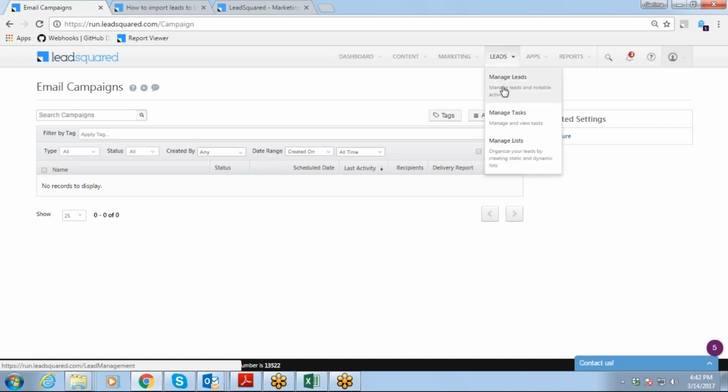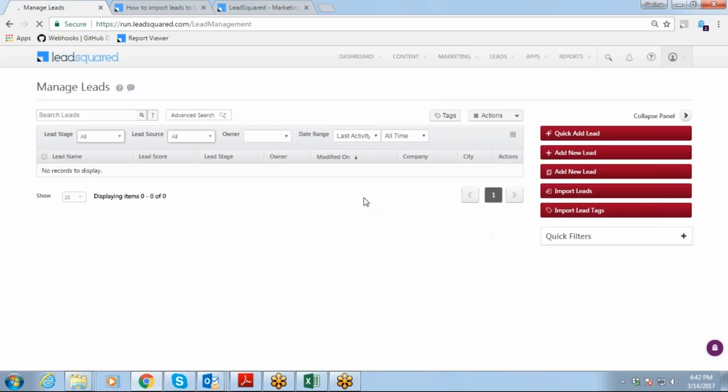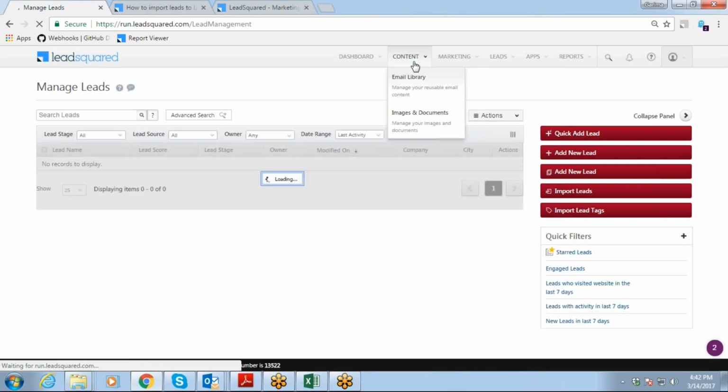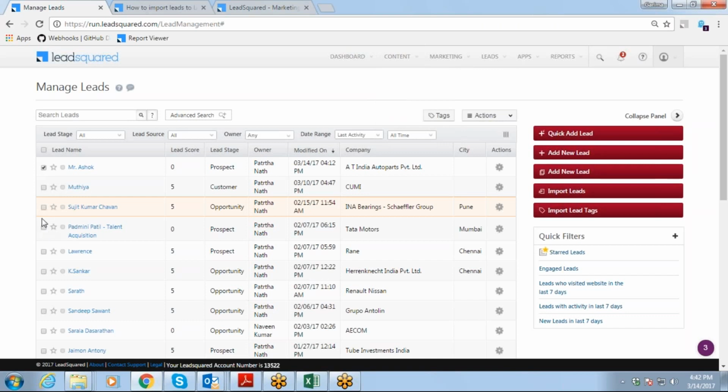So if you want to send emails to your leads, don't go for this marketing tab. You can send one-on-one emails. You create an email, go to this content, and create an email library, where you can upload your images and documents. Create an email here, select all these leads, and click the send email option.